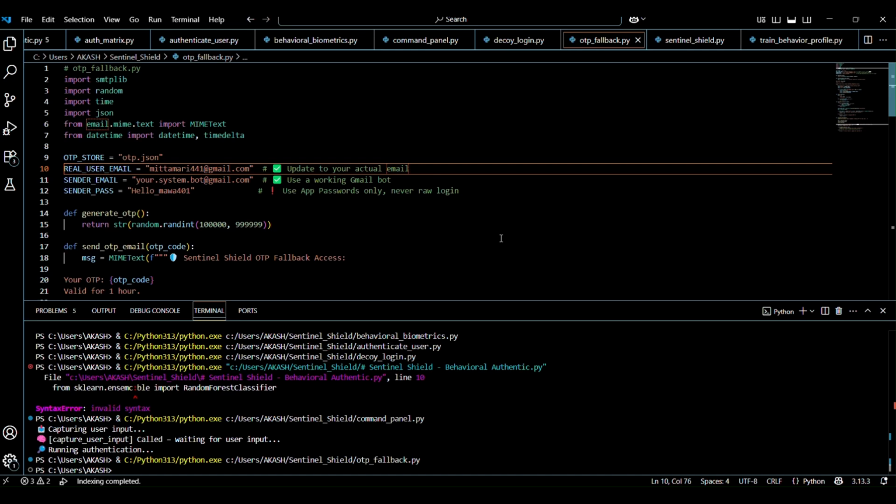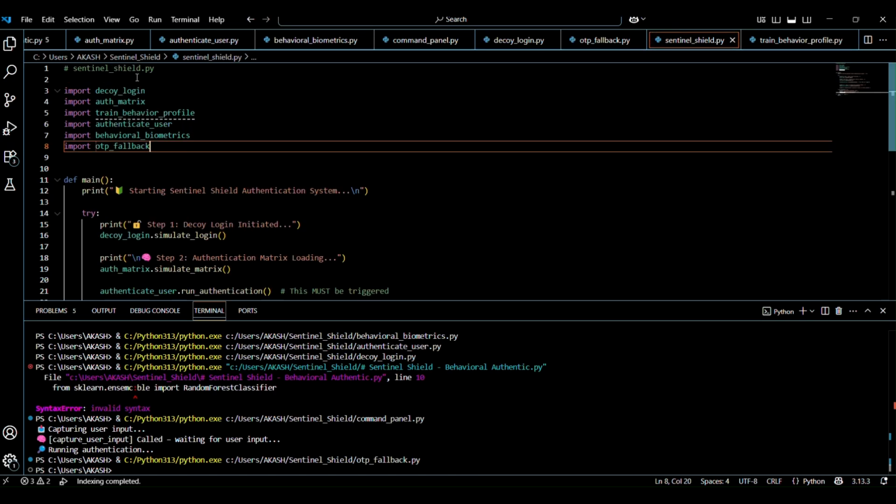Here I can see the sender pass, my Gmail account, and the sender email. So that's a bot mail, and it's not working. Actually, it's an ugly prototype. I'm not going to say that it's purely working or at an implementable stage. It's just a prototype where you can have a look at it. And we go for the next step, the execution.